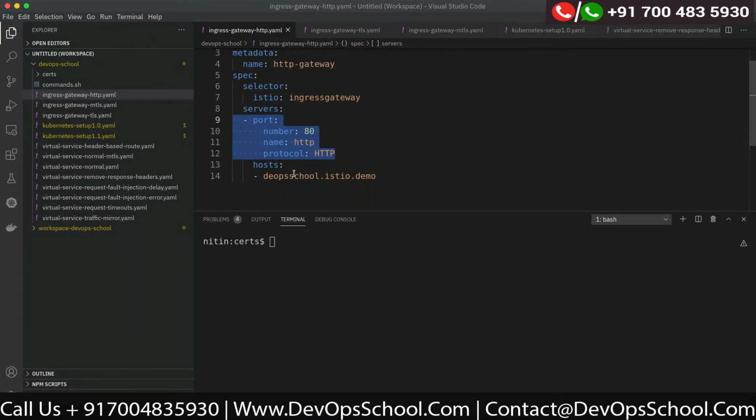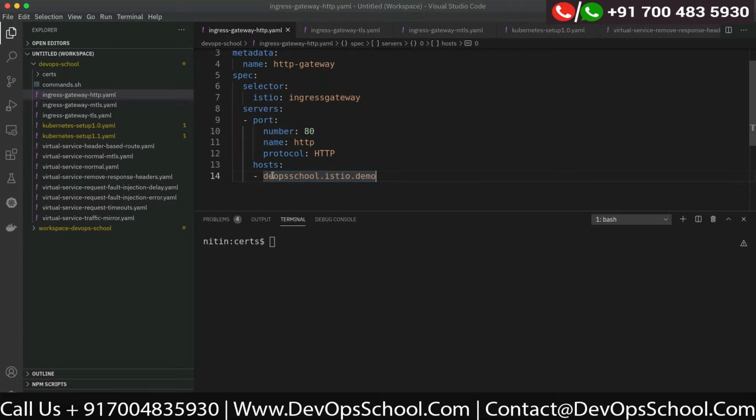Then you have to give host name, that what will be the host name which it has to listen to. So we need to make sure that the host header is populated properly when you are sending your requests. If you directly use IP address in the browser, remember the host name will not be set properly.